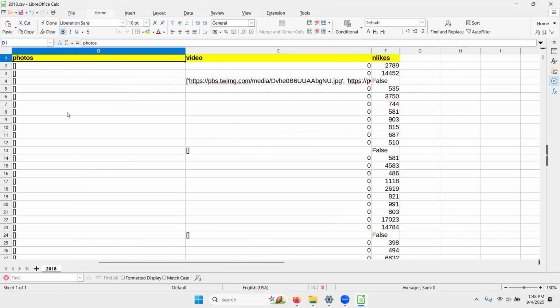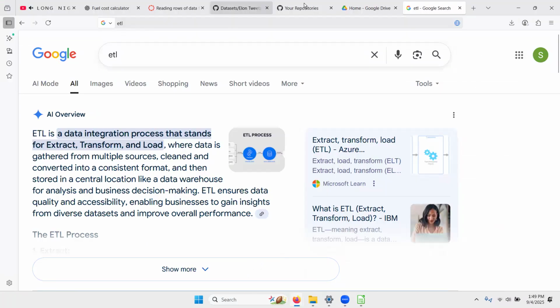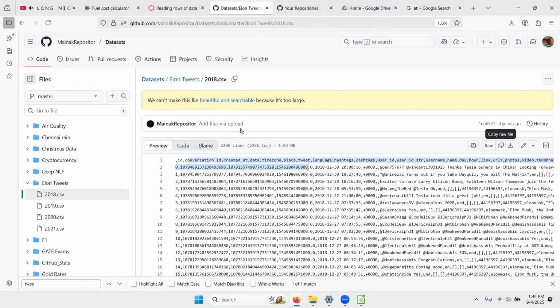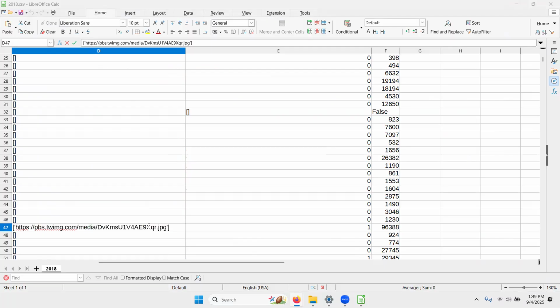Photos. So there's an empty square brackets here, which kind of indicates an empty array, perhaps. It depends. Another really good thing to know is who made this data set. Is it legitimate? Did this person make it? Where did they get it from? So many questions to ask when you do data analytics, but just to demonstrate that this actually works, we have